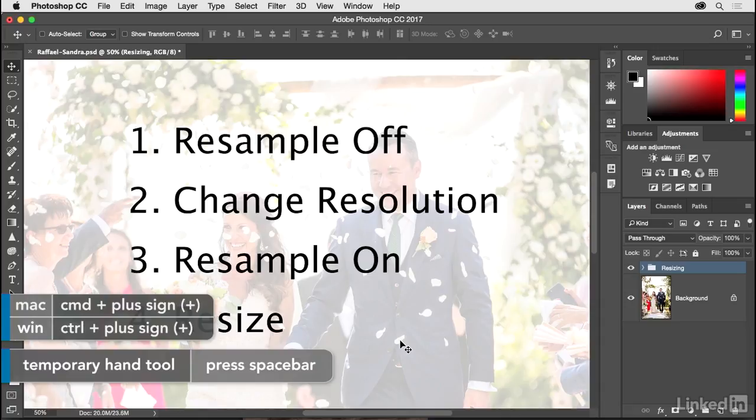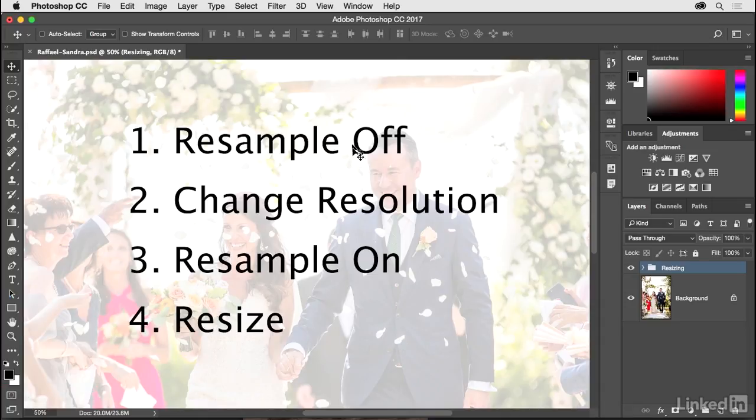When it comes to changing resolution, as you'll see in a minute, we're going to follow these 4 steps. The first step is to turn resample off. Second step, change our res. Third step, resample on. Fourth is to resize. So we'll do this. I just wanted to provide a little bit of a cheat sheet